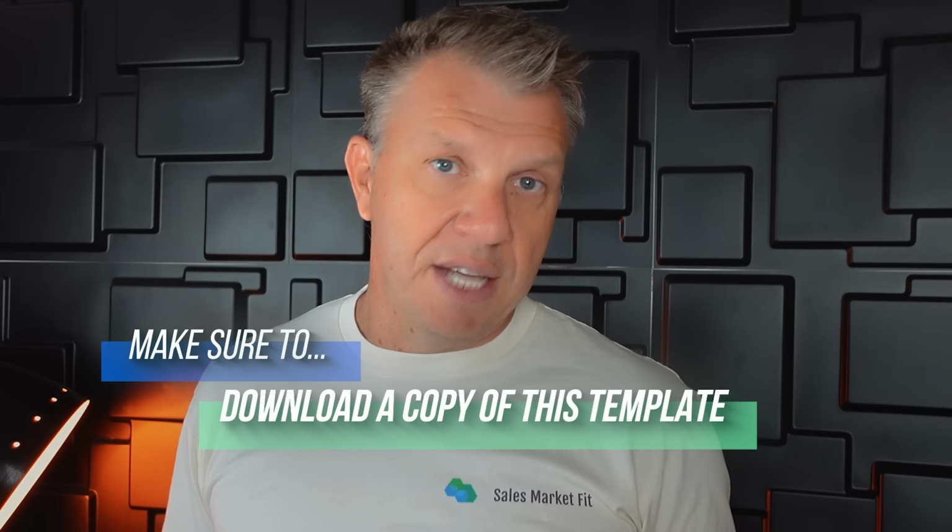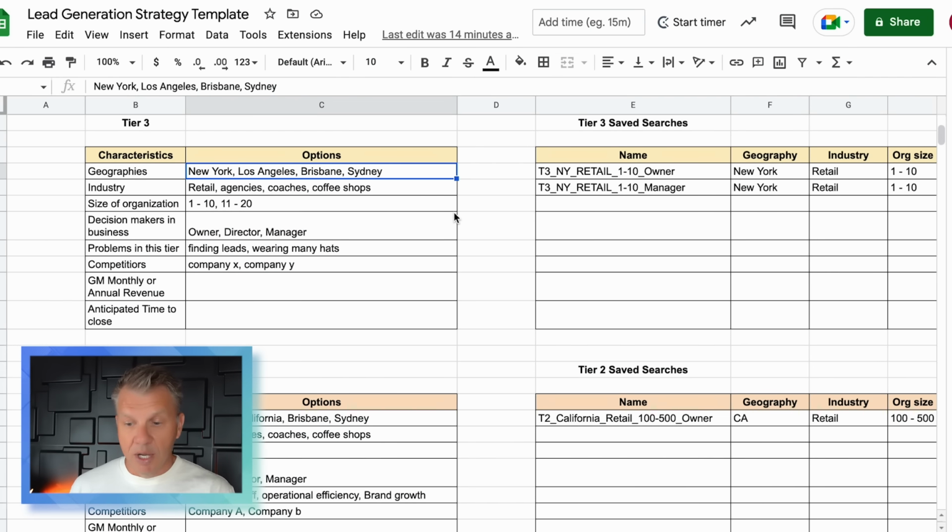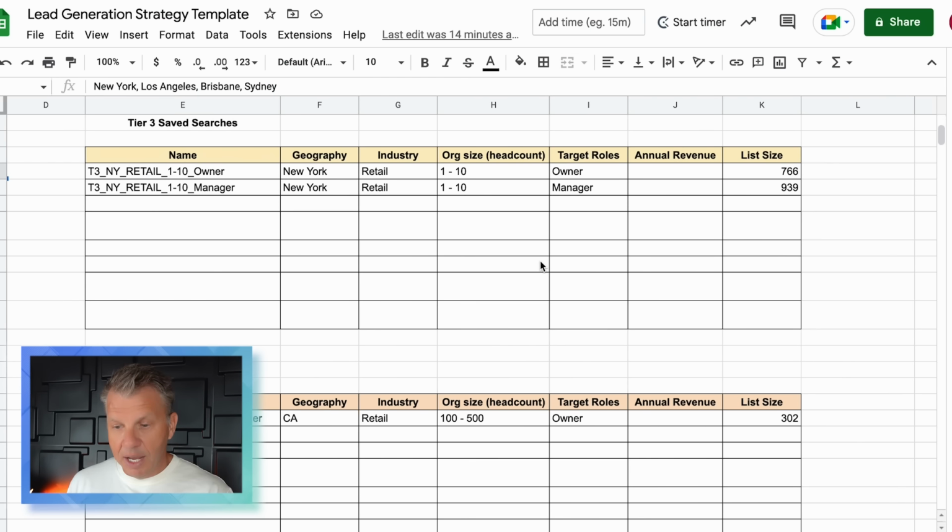You'll be able to download a copy of this as well, so you can fill this out in your own businesses also. So let's use tier 3 as an example. So I've taken all those variables. Now what I've done is I've named specific searches based on those conditions. So tier 3, this is a saved search in Apollo: New York, retail industry, employee count 1 to 10, owner. Now the list size in there, or the search size, is 766,